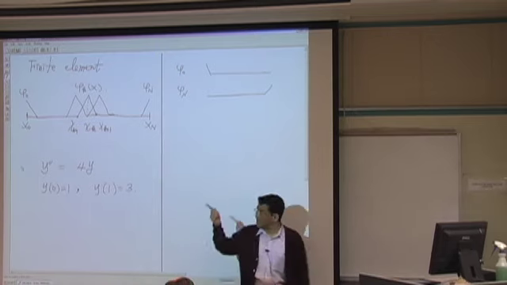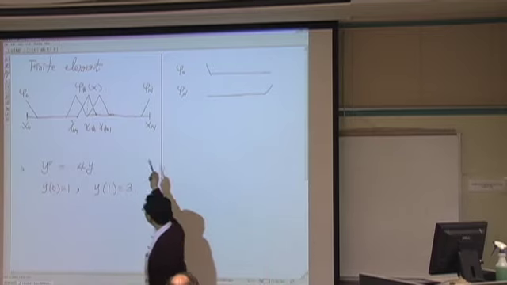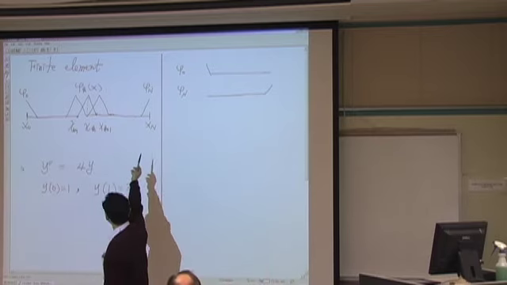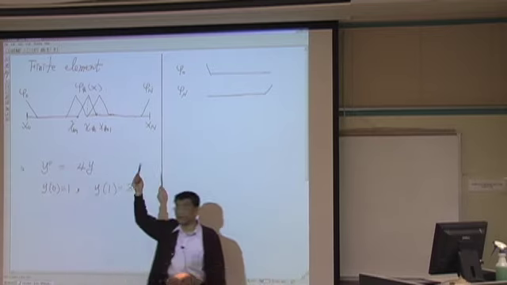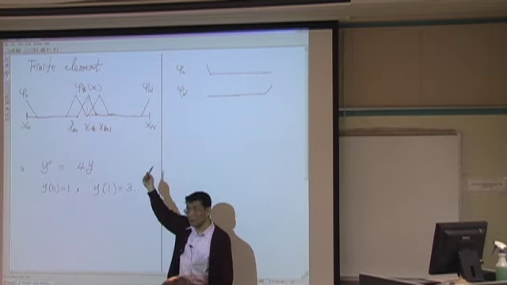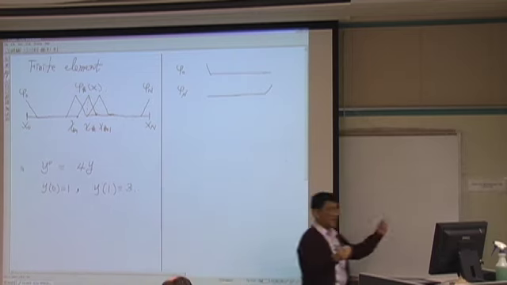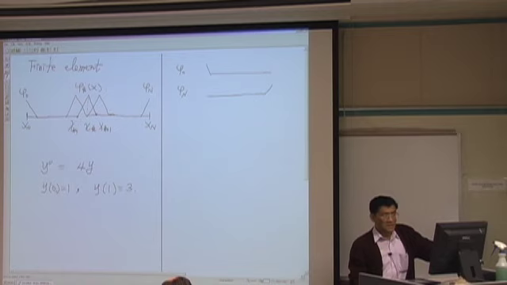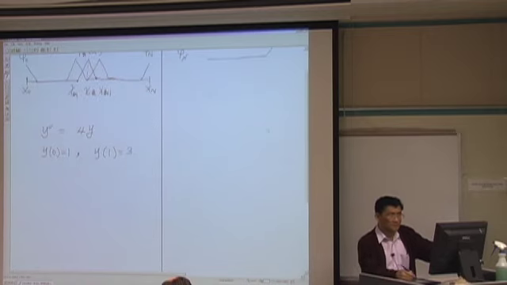And how many of these should exist here? Should be capital M plus 1 functions, right? There are total capital M plus 1 functions. Then the idea is this one. To solve a differential equation, instead of solving it directly, instead of solving this one, we solve a weak form